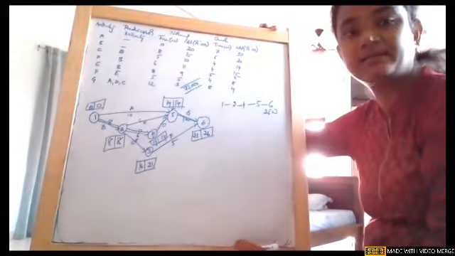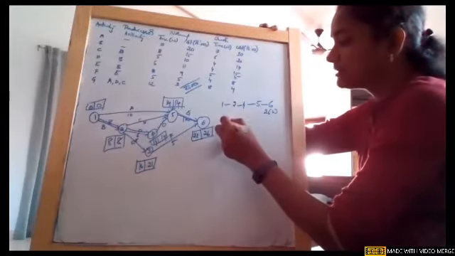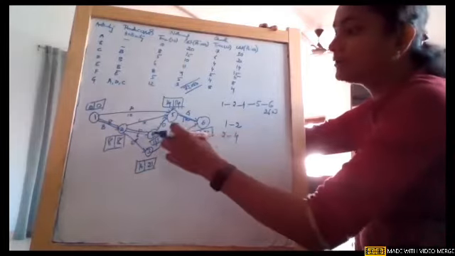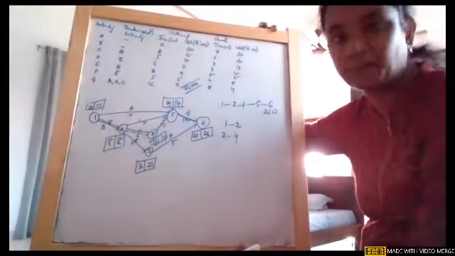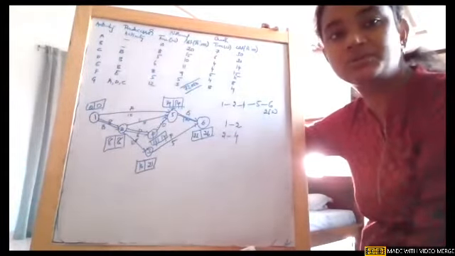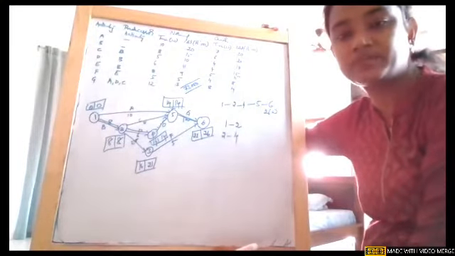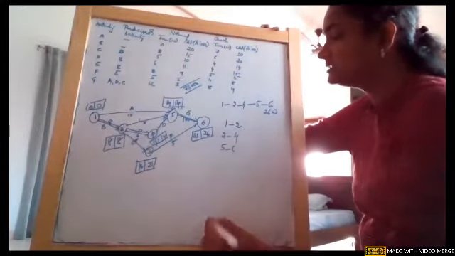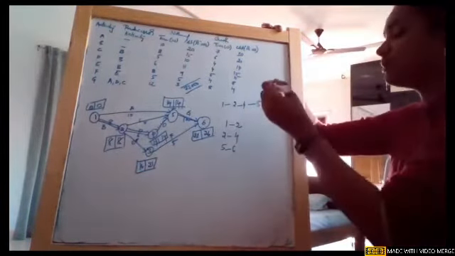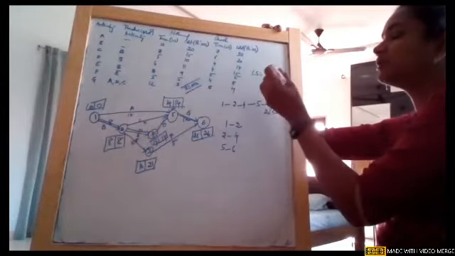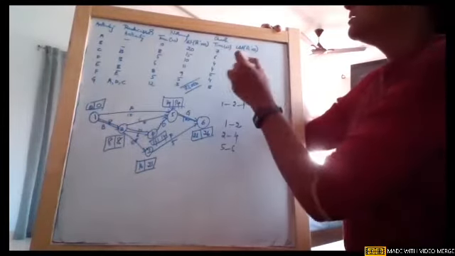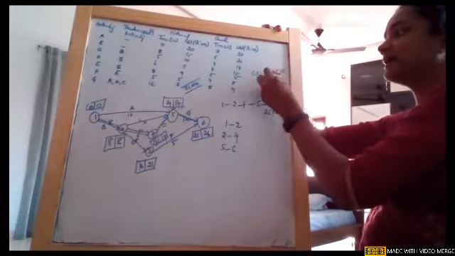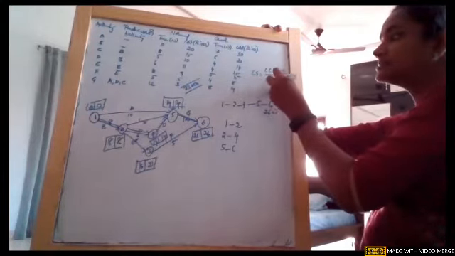We'll immediately start calculating cost slope. The critical activities are 1 to 2, 2 to 4, and 5 to 6. I'll not take 4 to 5 because it is a dummy activity, girls. For a dummy activity, there is no need to find the cost slope. Remember that. So these are the 3 activities. Now the cost slope formula, I'm writing it here, is crash cost minus normal cost divided by normal time minus crash time.